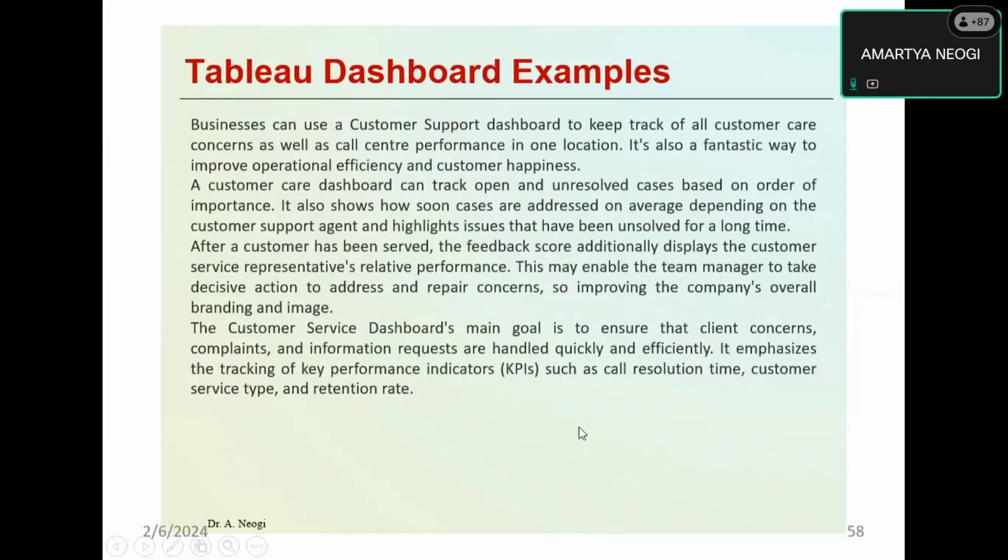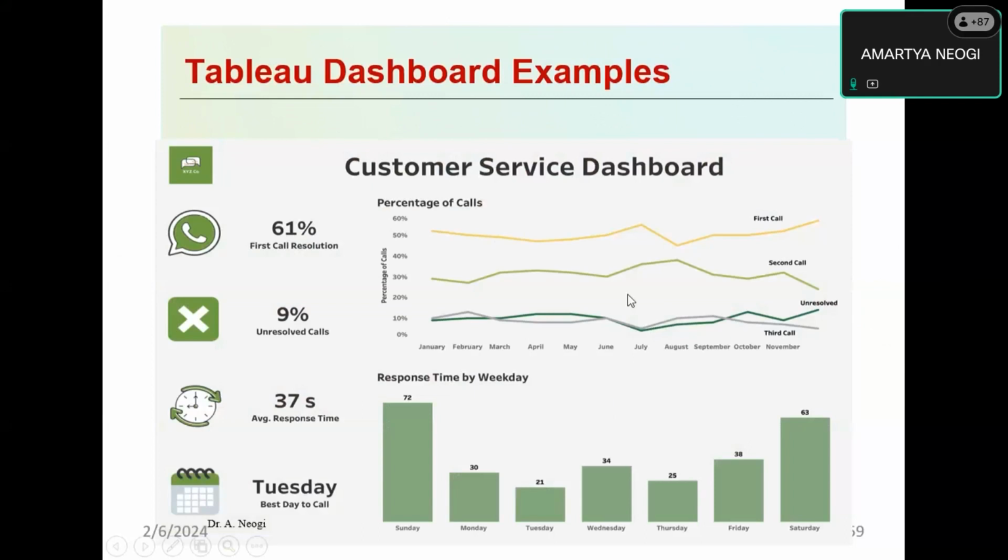Okay. Business can use the customer service dashboard to keep track of all customer care features as well as call center performance in one location. The customer care dashboard can track open and unresolved cases based on order of importance. The customer service dashboard's main goal is to ensure that client concerns, complaints and information requests are handled quickly, considering different parameters. So this is one of the typical customer service dashboards, and you can see the percentage